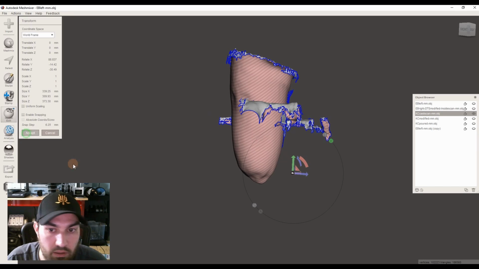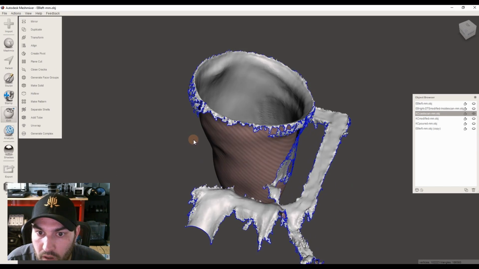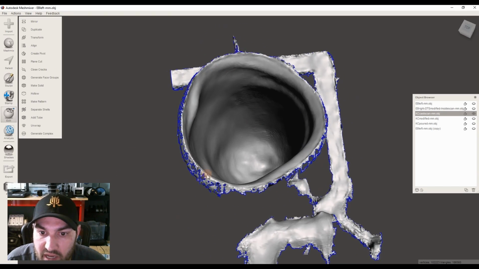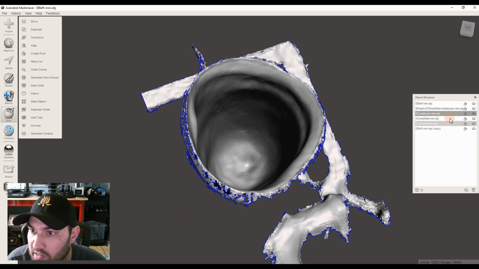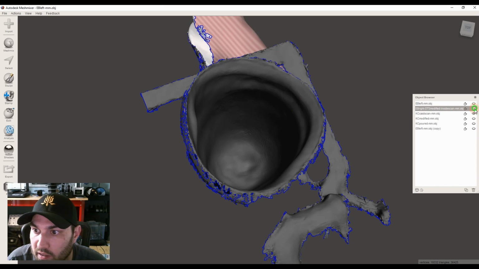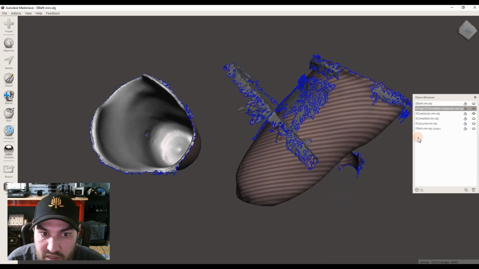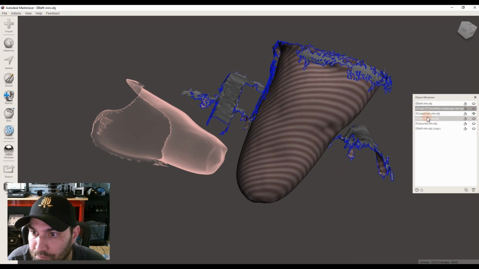And accept that. So you can see, because we scanned the inside, and it's going to be the same if we scan something like the inside of a test socket, which we'll come back to,